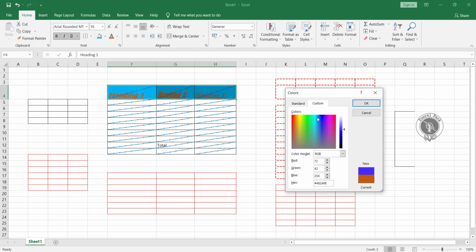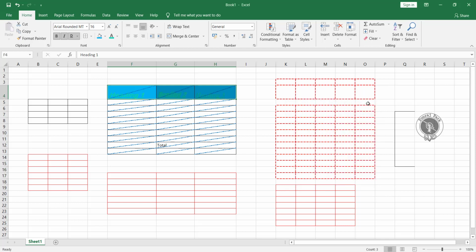Whatever color you want to add, simply click on that, and you can choose how dark or light you want, and different options are available here. The RGB model, how much green, red, blue. So you can create your own colors also, or you can apply the hex code if you have. Once that is done, simply click on OK. Then you can see now that the font has been changed, so it is a little light.